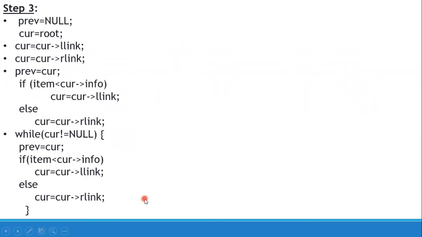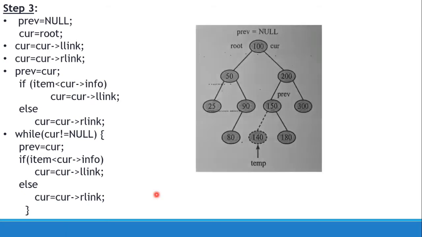Step 3, if the tree already exists, then root will not be null. In such a case, we have to insert the node we created in step 1 in an appropriate place. We know that in a binary search tree, items towards the left of the node are lesser in value than the items to the right. Considering this diagram, let temp with info of 140 be the node to be inserted. Now we have to find an appropriate position to insert this. Let us assume that the variable root always points to the root node of the tree.